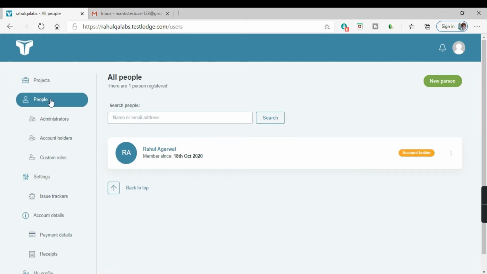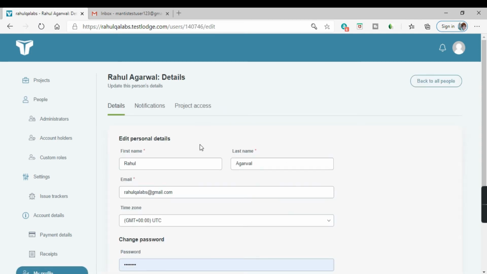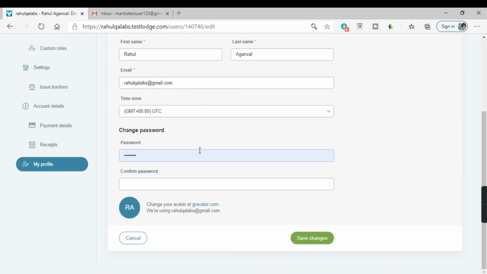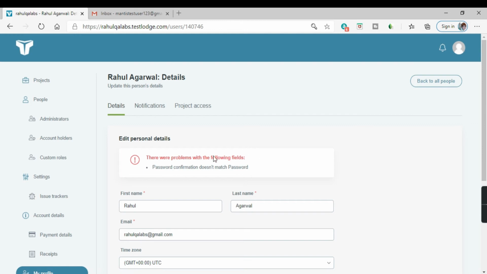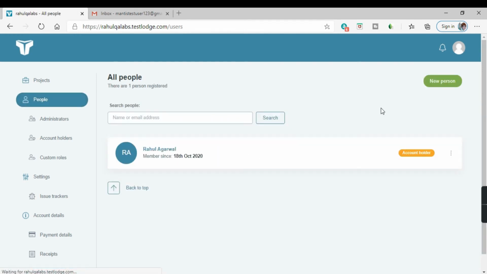Just click on people. As you can see, my name is here and I am the account holder. See here, the account holder tag is there. I can edit these details or I can add a new person.